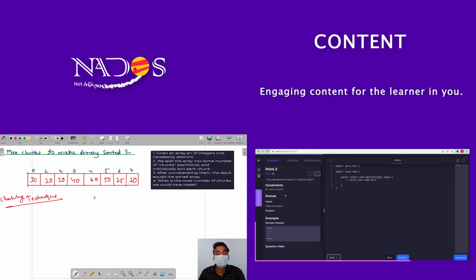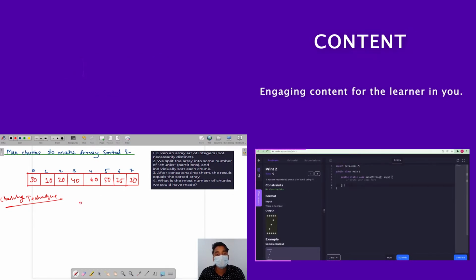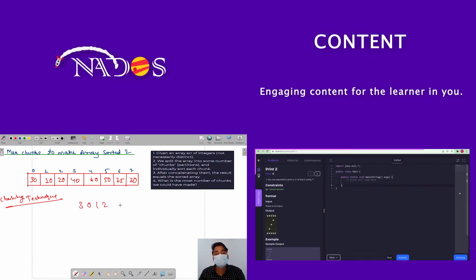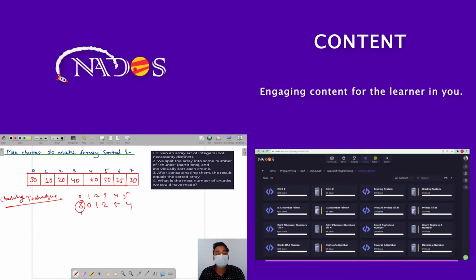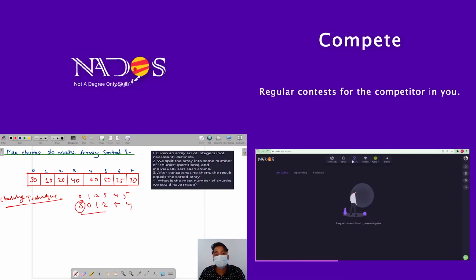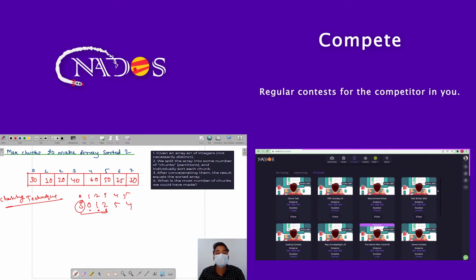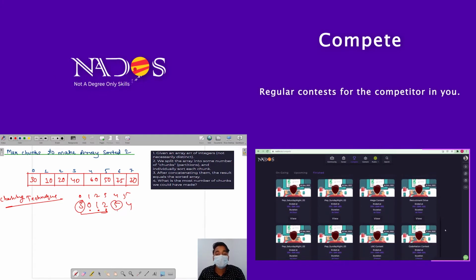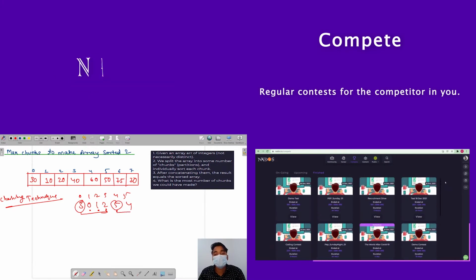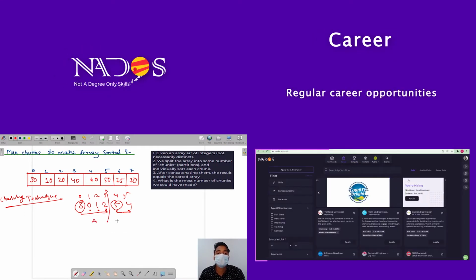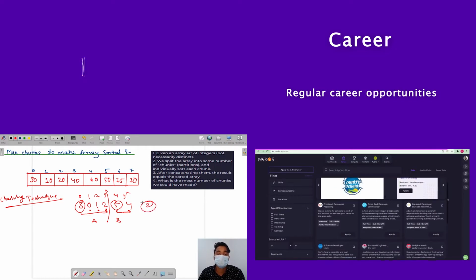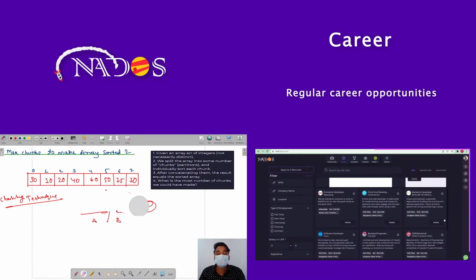In part 1, we had an array like 3 0 1 2 5 4. Indexes are 0 1 2 3 4 5, and here the element 3 shows that its range is from index 0 to the third index, 0 has its range till that, 1 is till that position, 2 is till that. The 5 has a range from the 4th index to the 5th, and here we can partition them. This is the A chunk, this is the B chunk, so the maximum chunks is 2. So that was in part 1.